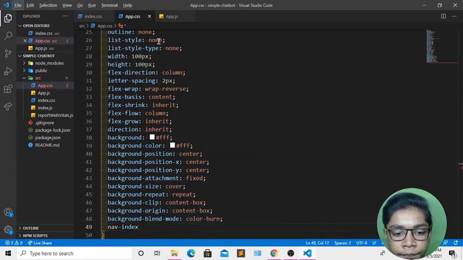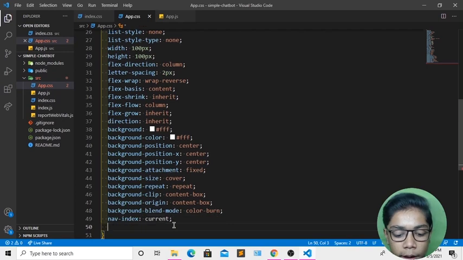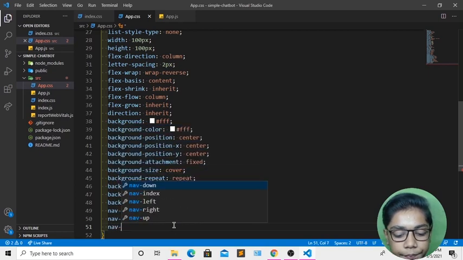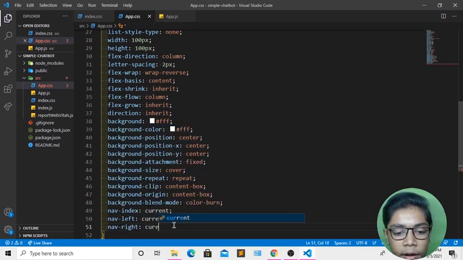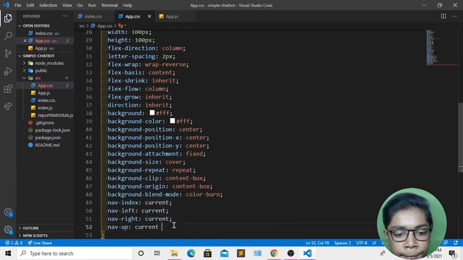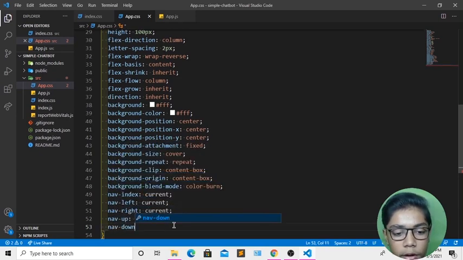index, which should be current, so I'll be writing that. Now I will be coming underneath creating nav left current. Then I'll also be writing nav right current. Then I'll be writing nav up current and nav down current. When you've defined all these things, if I show you in Google Chrome,